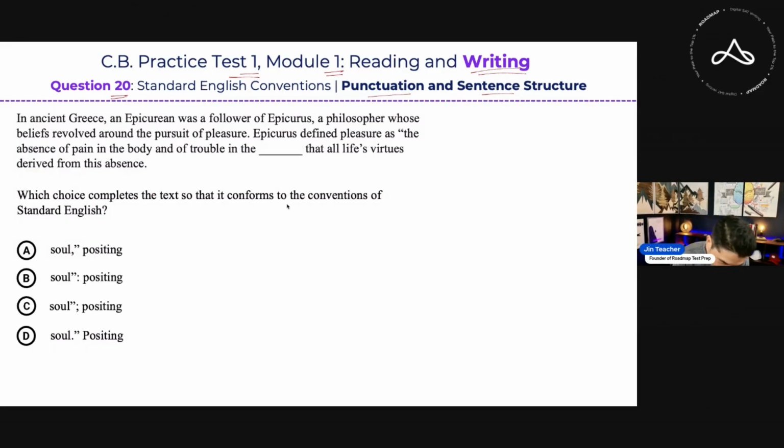All right. So let me help you guys out here. We'll first take a read through the